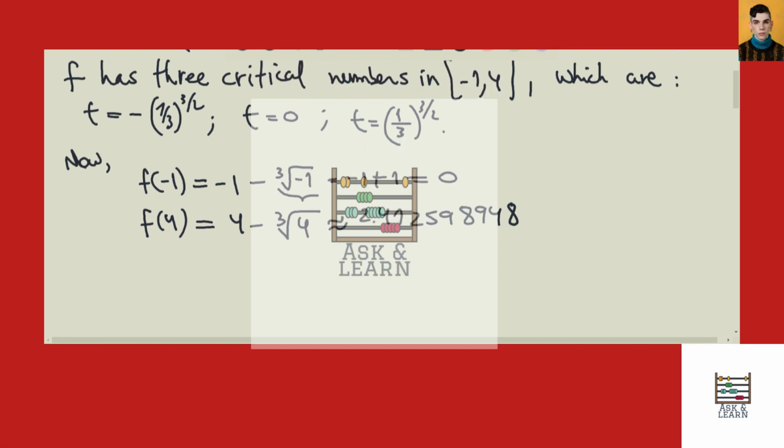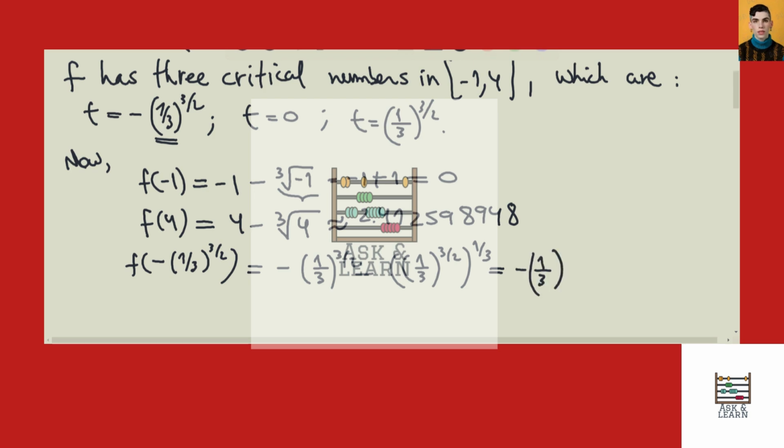And then we evaluate at the three critical numbers. f at negative 1/3 to the 3 halves is negative 1/3 to the 3 halves minus 1/3 to the 3 halves to the 1/3, because the cubic root of the number is the same as putting it to the power of 1/3, and this is the same as negative 1/3 to the 3 halves plus,